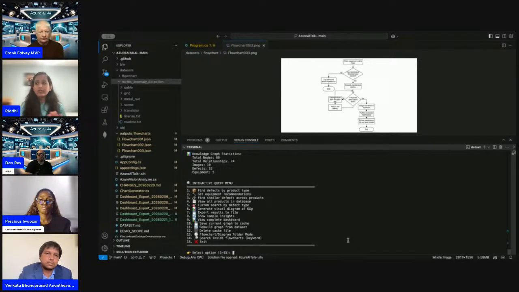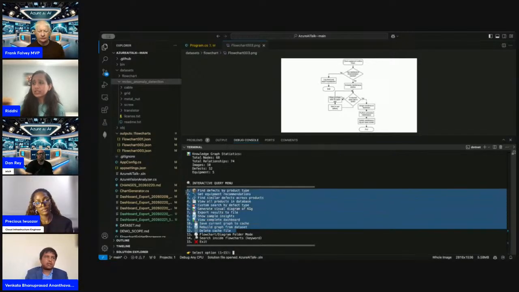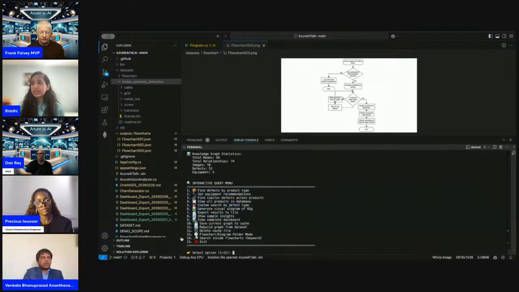Now here I have a 14-query menu that I think is very valuable from the manufacturing standpoint. I want to let you know that 1 to 12 belong to the MVTec data set, and 13 and 14 are for the flowchart.